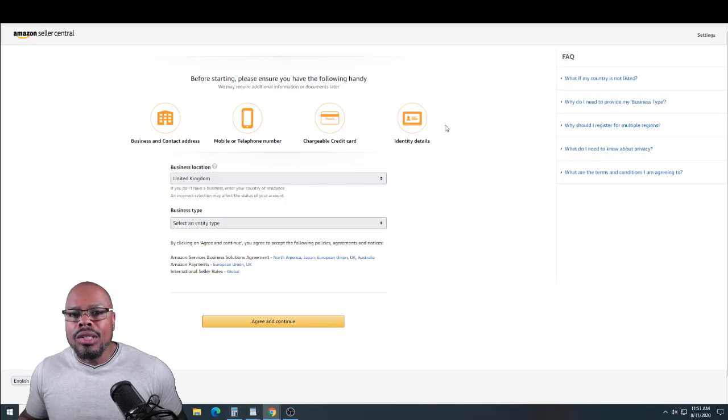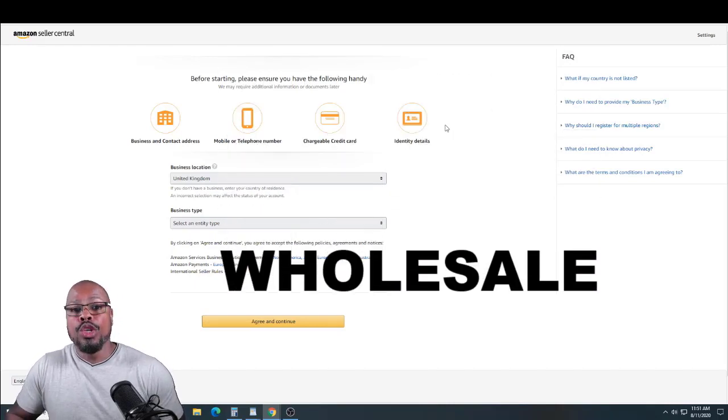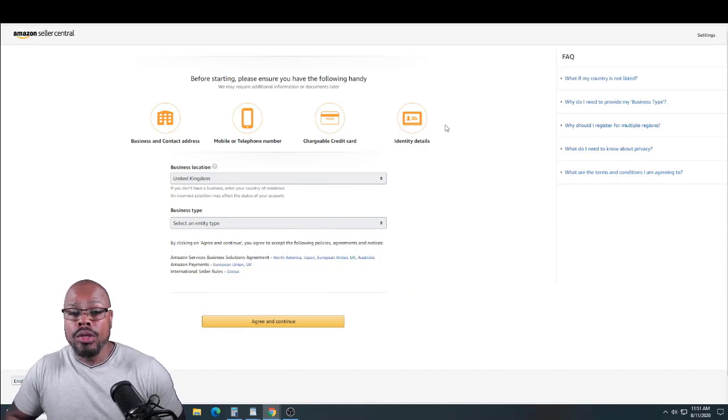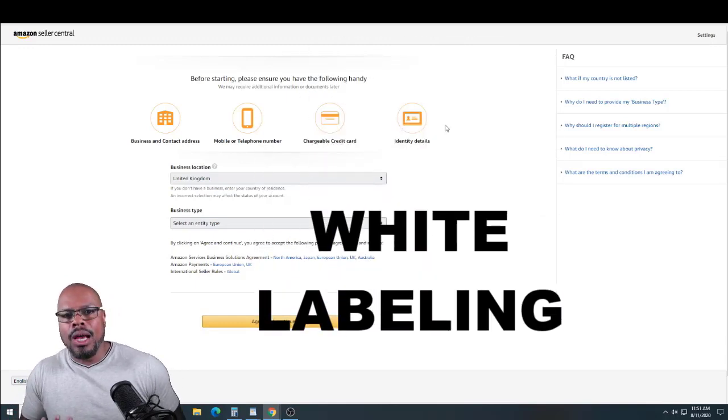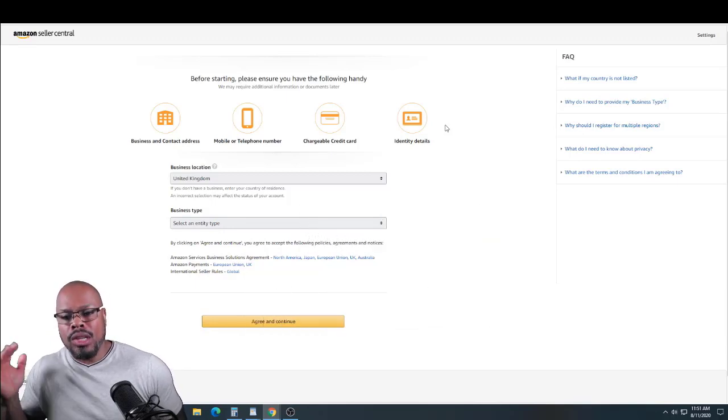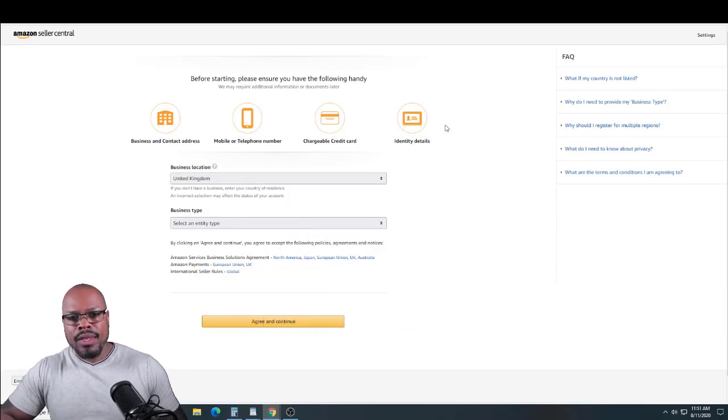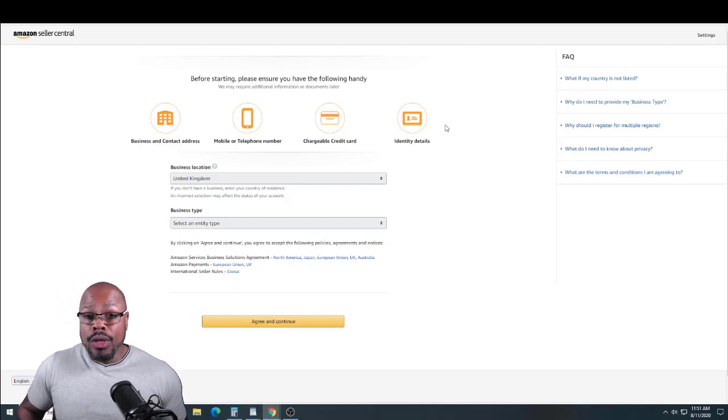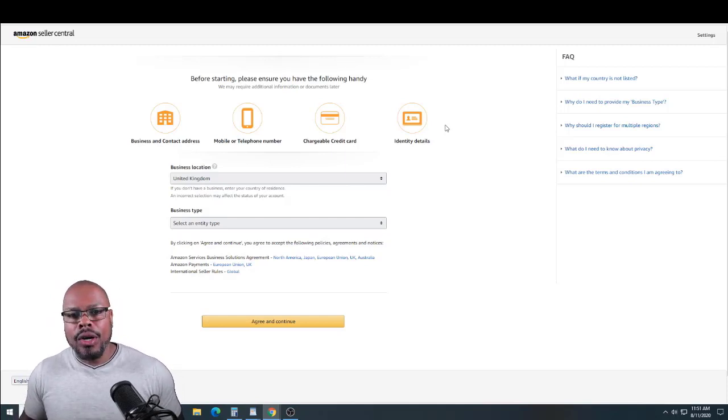And there are other ways to sell on Amazon. If you're not aware, you can do wholesale, where you have a wholesale account. You buy from the manufacturer themselves or an authorized wholesale distributor, and you sell on Amazon. You can do white labeling, which is a lot of times dealing with Alibaba, where you find existing products, slap your label on it, and now it's your product. Or you can actually go through the development of your own item and you can sell that. But I will tell you this: if you're new and you just want to get started,